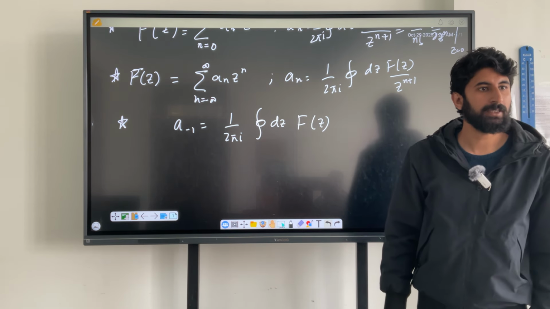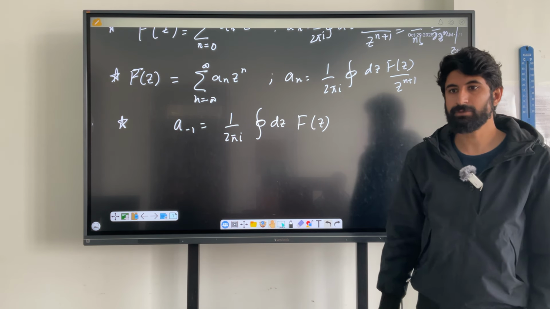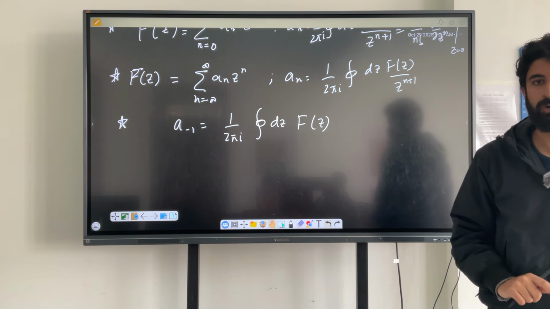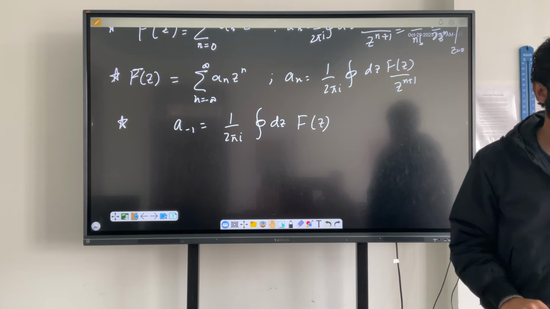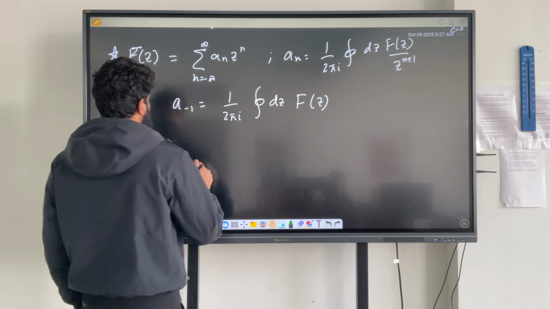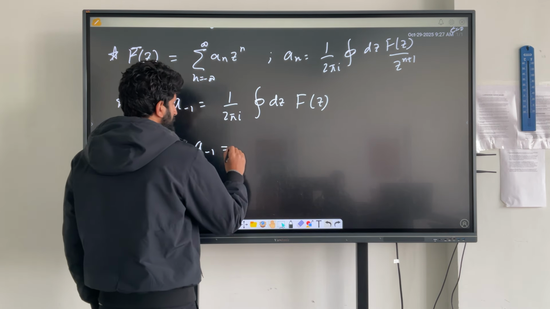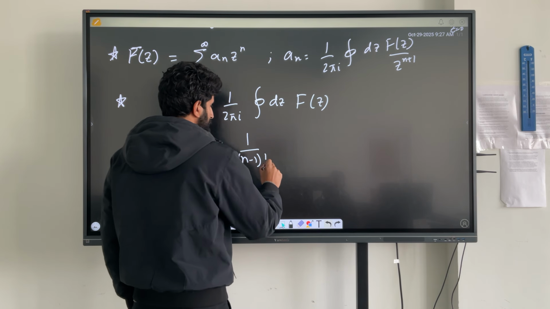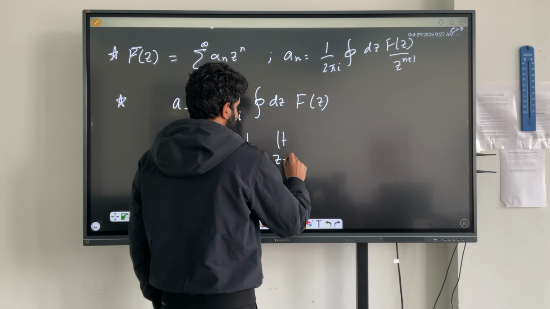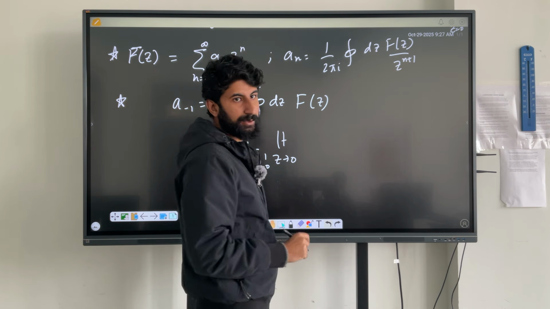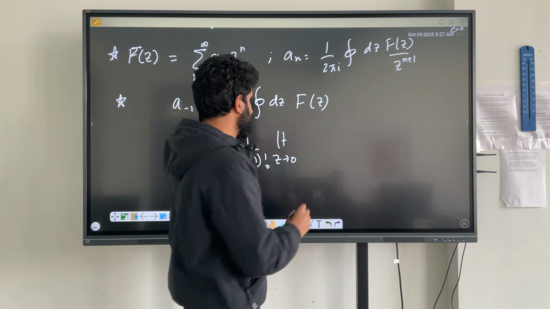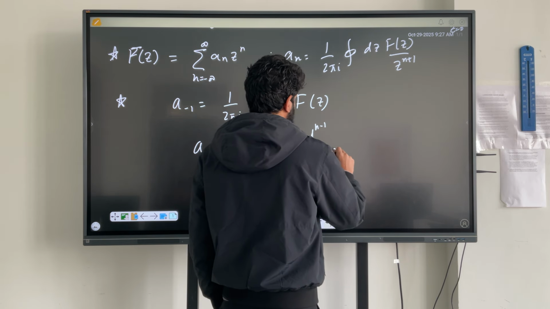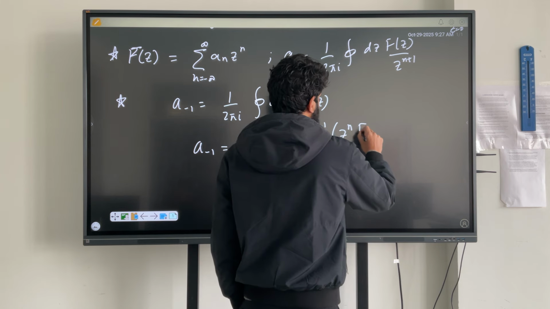And there was a way to compute this residue without expanding the function, provided you have a what? A pole of finite order. If you have a pole of finite order, then the residue a minus 1 is basically 1 divided by n minus 1 factorial, limit z approaches 0, of the derivative of z to the power n f. This limit was necessary because